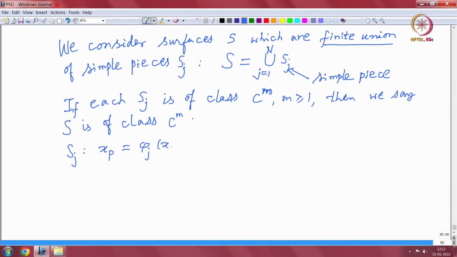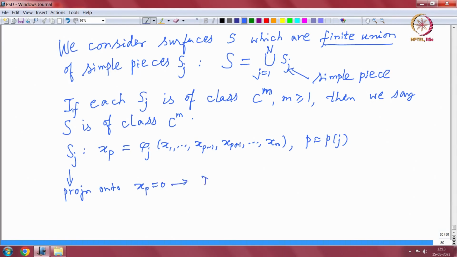So, x1, x2, xp minus 1 and xp plus 1, xn. So, this coordinate p depends on j. Okay. There could be more choices as we saw in R2, and so this is projection onto xp equal to 0,